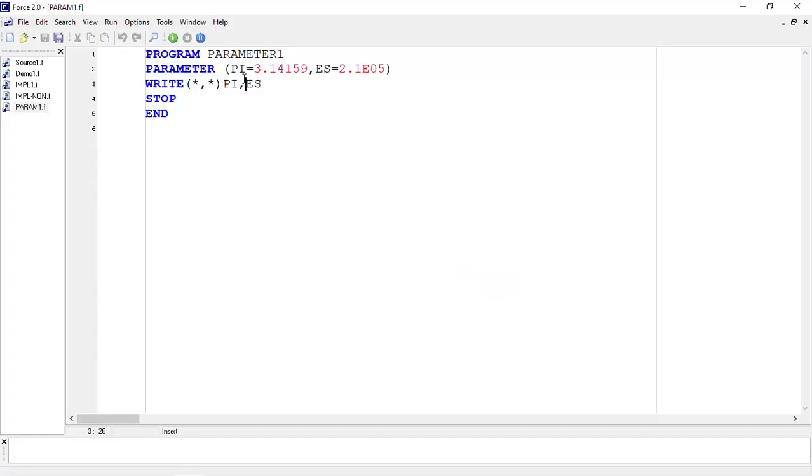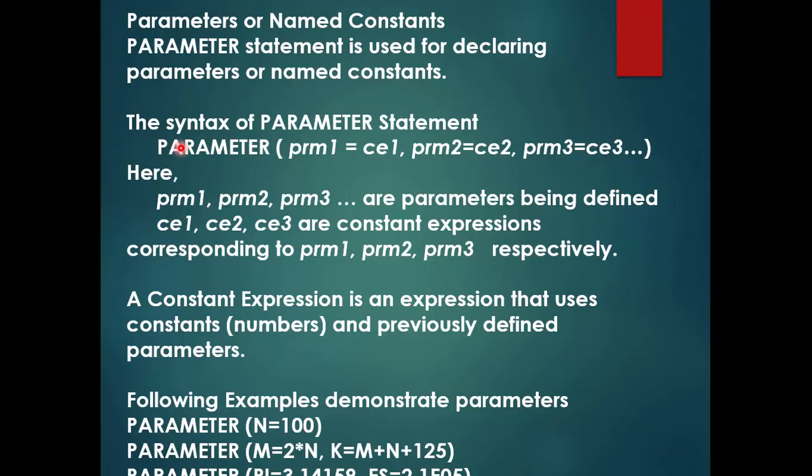So if you want to define the value of pi, we can define it like this. If you want to write the value of pi, that is 3.14159, or modulus of elasticity, 2.1 into 10 to the power 5, we can write it like this in parenthesis. And to display the data, we write print star comma star the values of pi and es, and then stop and end. So this is how the parameter statement can be written. So this is how we can use the different